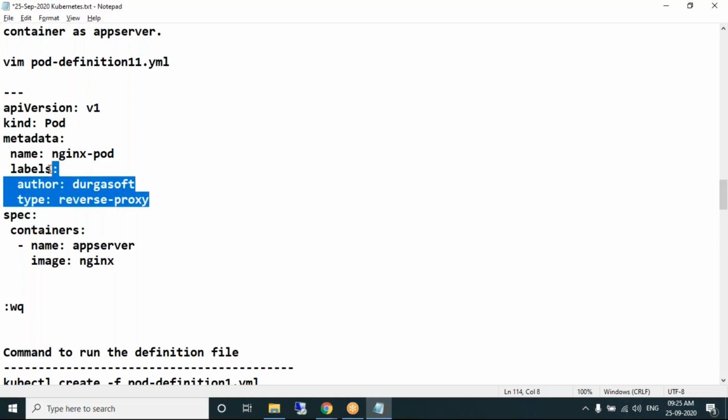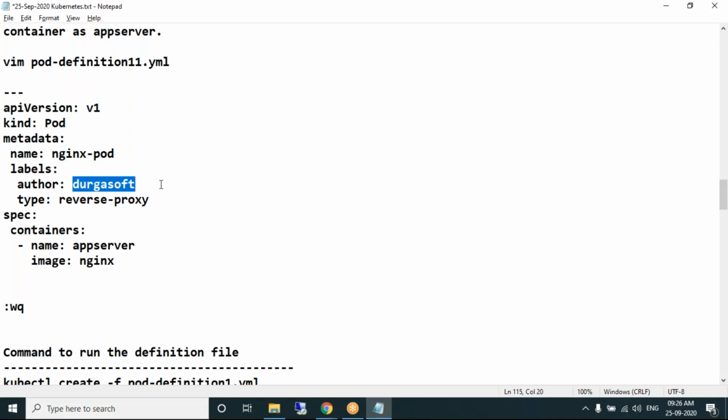These labels are helpful to perform group activities. What is the use of this label? That is optional. Labels are optional. In future, you can use these labels to perform group activities. An example of a group activity is something like, I want to delete all the pods whose author is Durgasoft.